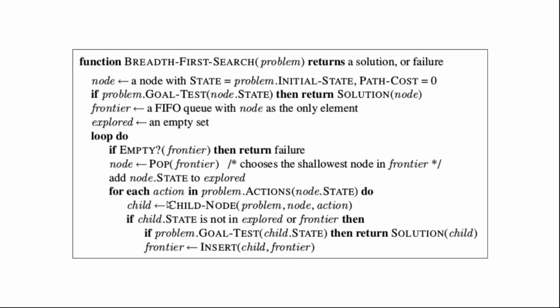So for Timisoara, we'll create a new node. We'll check whether Timisoara is present in the explored set or in the frontier list. It's not present, so we'll check whether Timisoara is the goal state. No, it is not the goal state, so we'll add it to the frontier list. Then we go to Sibiu, the third action for our Arad node, and for Sibiu we'll create a node. We'll check whether that newly created node is already present in the explored set or in the frontier list. If it is not present, we will check whether Sibiu is the goal state. It is not the goal state, so I will add it to the frontier list. So Sibiu will be added to the frontier list. So like this it will continue till